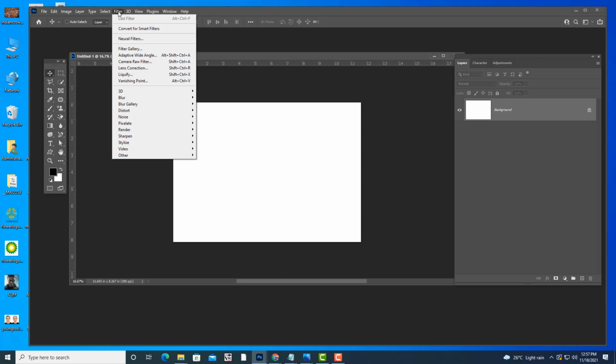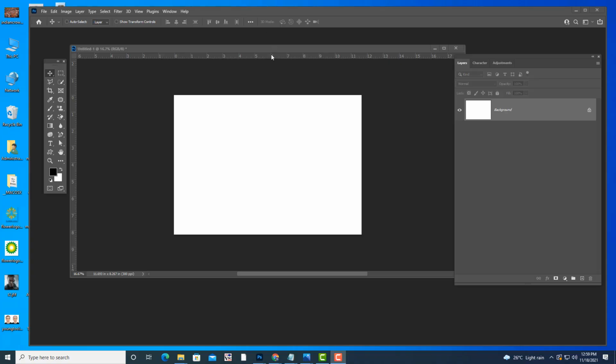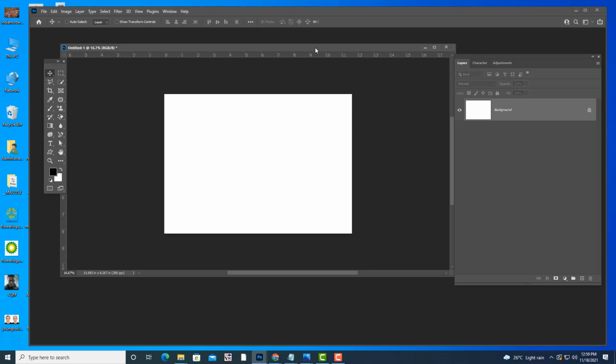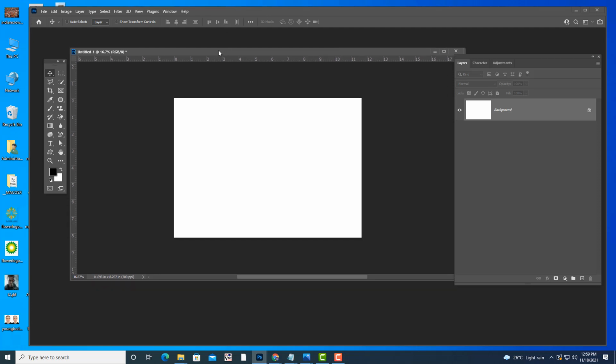Okay. So just a minute. Okay. So first I will show you the basic filter. See, and when you are applying a filter, you should also check your foreground and background colors.